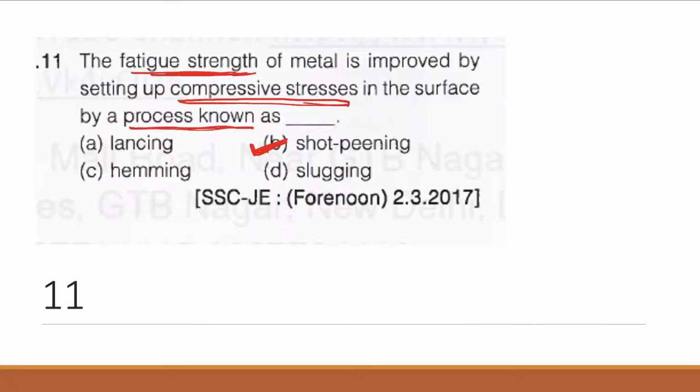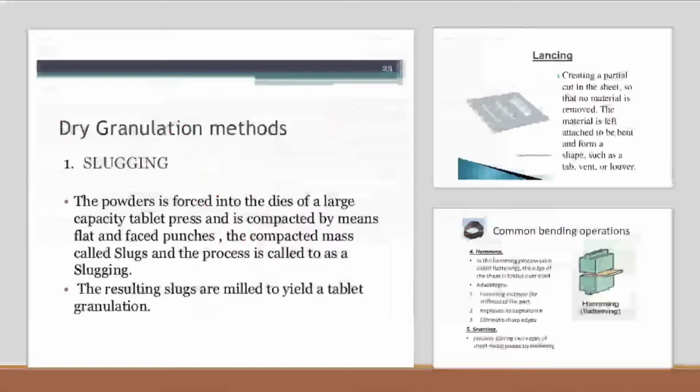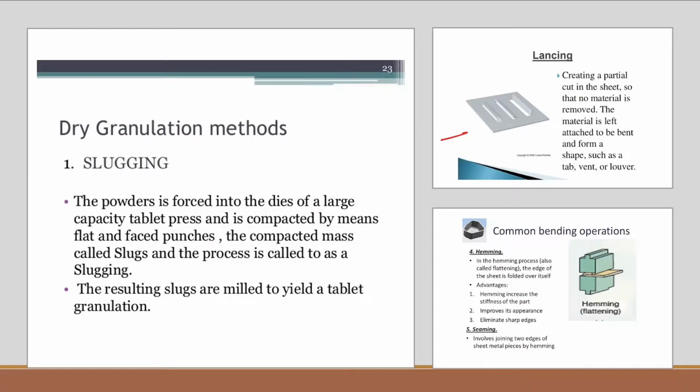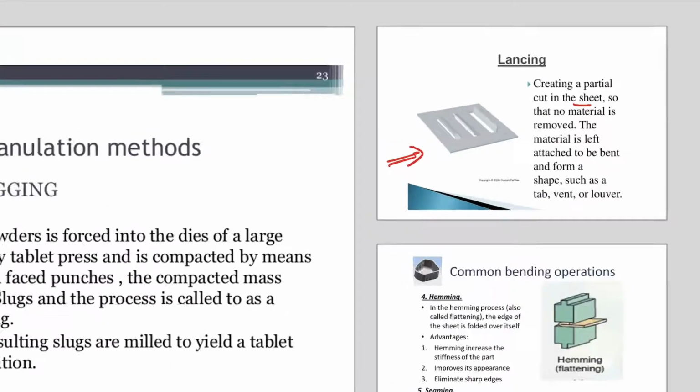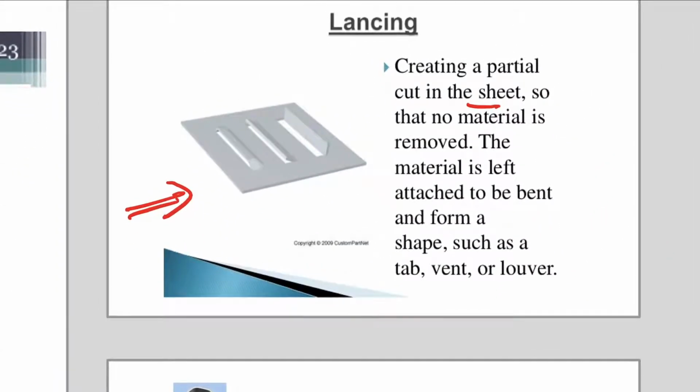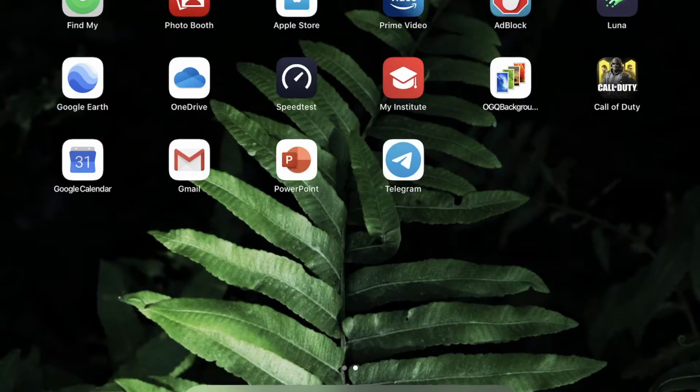So as you can see, I'm going to explain these other options as well. What is this process called lancing, hemming and slugging? So the process of lancing is basically this. So we are creating a partial cut in a sheet, right? As you can see here, we are creating a partial cut in a sheet so that no material is